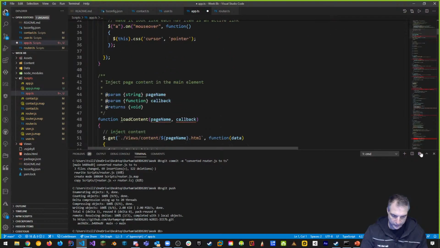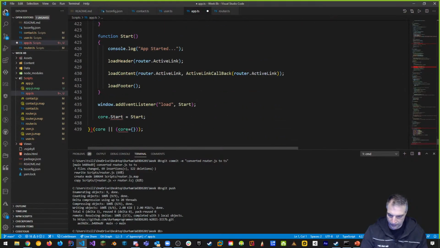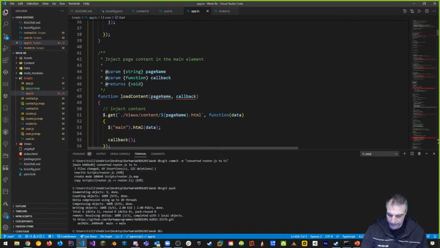Let's skip all the way down to the bottom. We're just going to use our file down here and get rid of the bottom part. And we're going to get rid of this part. Okay, now we're not going to share start anymore, so I'm not going to export it. If I wanted to share a function, I would just put export in front of the function name. Okay, I'm not going to do that here. So that's namespace core.